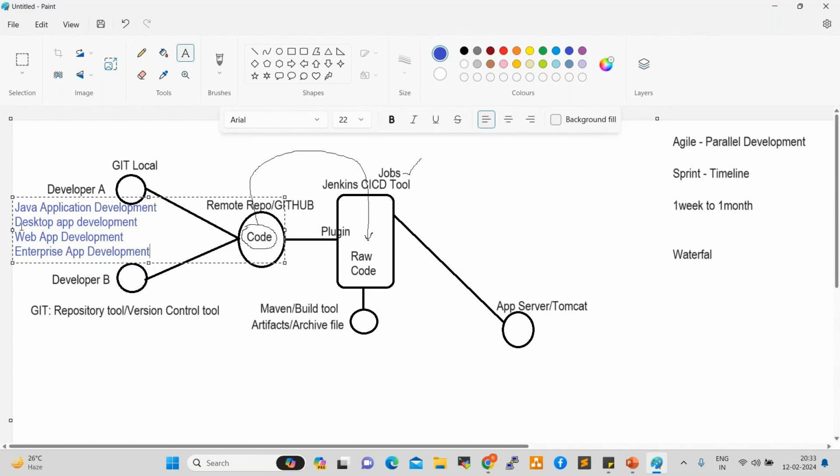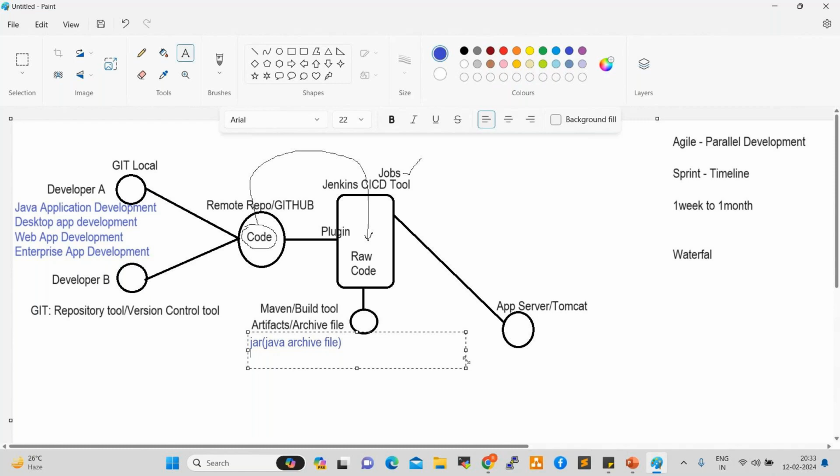For example, for a desktop application development, Maven will generate a jar file. What is a jar file? Java archive file. So for a Java desktop application development, Maven generates a jar file, Java archive file. Next one, web application development, for example.